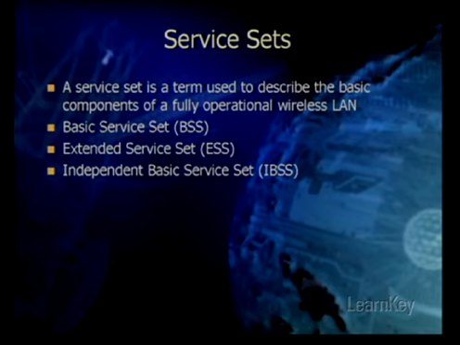Now, if you were to quantify these 3 service set types and identify when you would use each one, obviously basic and extended are pretty straightforward. But why would you have an ad hoc network? An ad hoc network is normally used anytime you do not have an access point, but you do have client devices that are capable of creating an ad hoc wireless network. They will actually use their wireless antenna to be able to allow other stations to connect to them. They become a peer-to-peer network, and it makes it very easy to have wireless access anytime you have a bunch of wireless